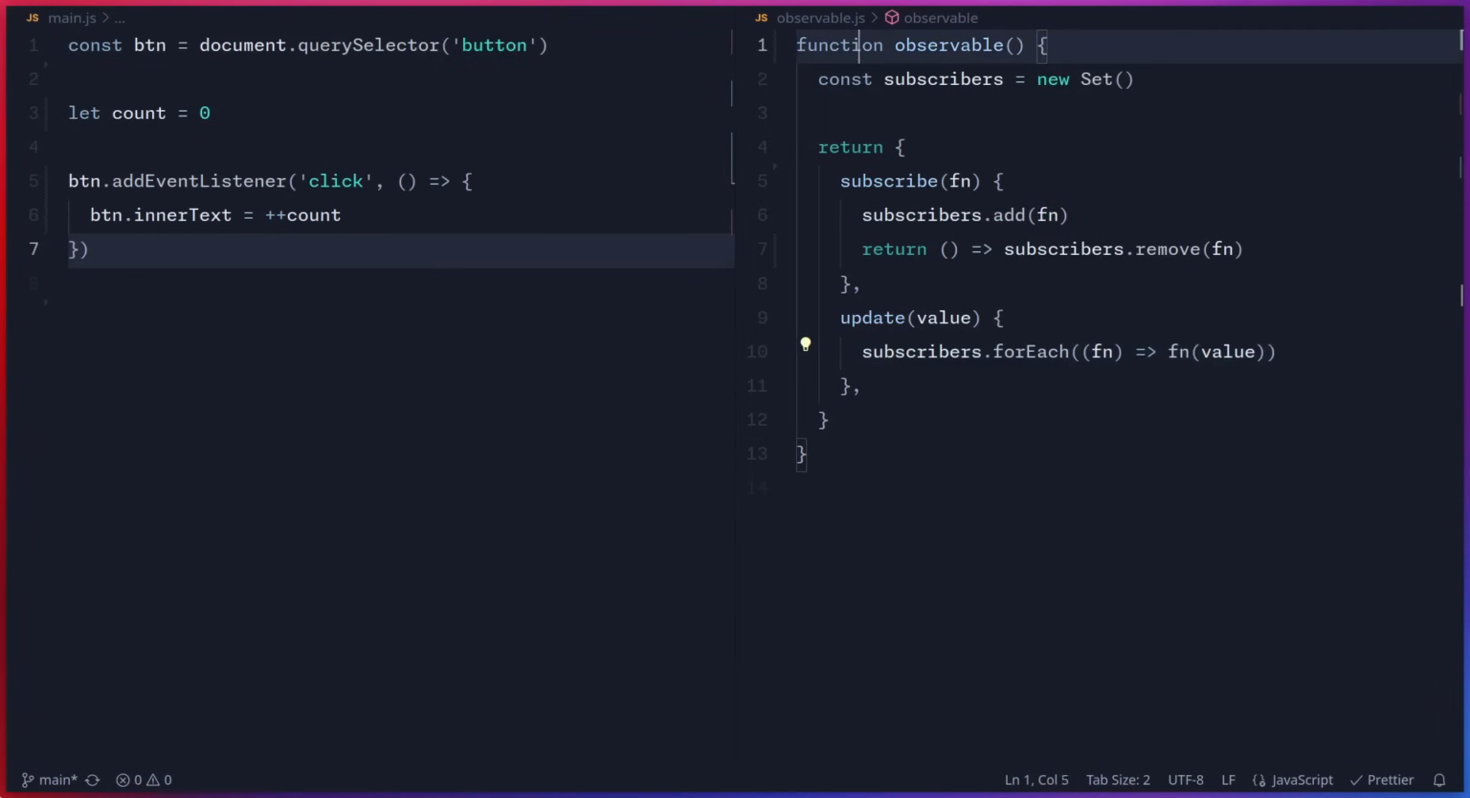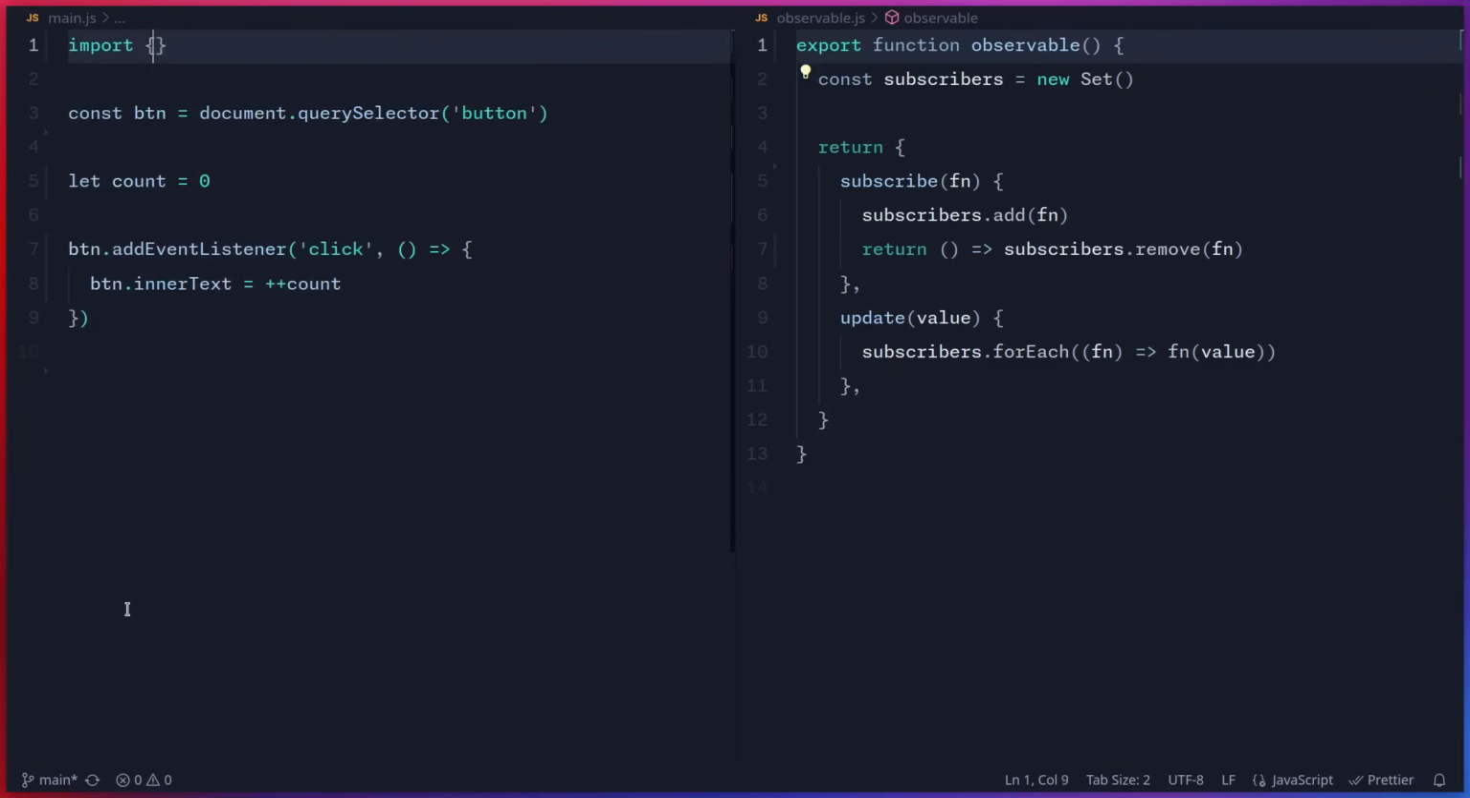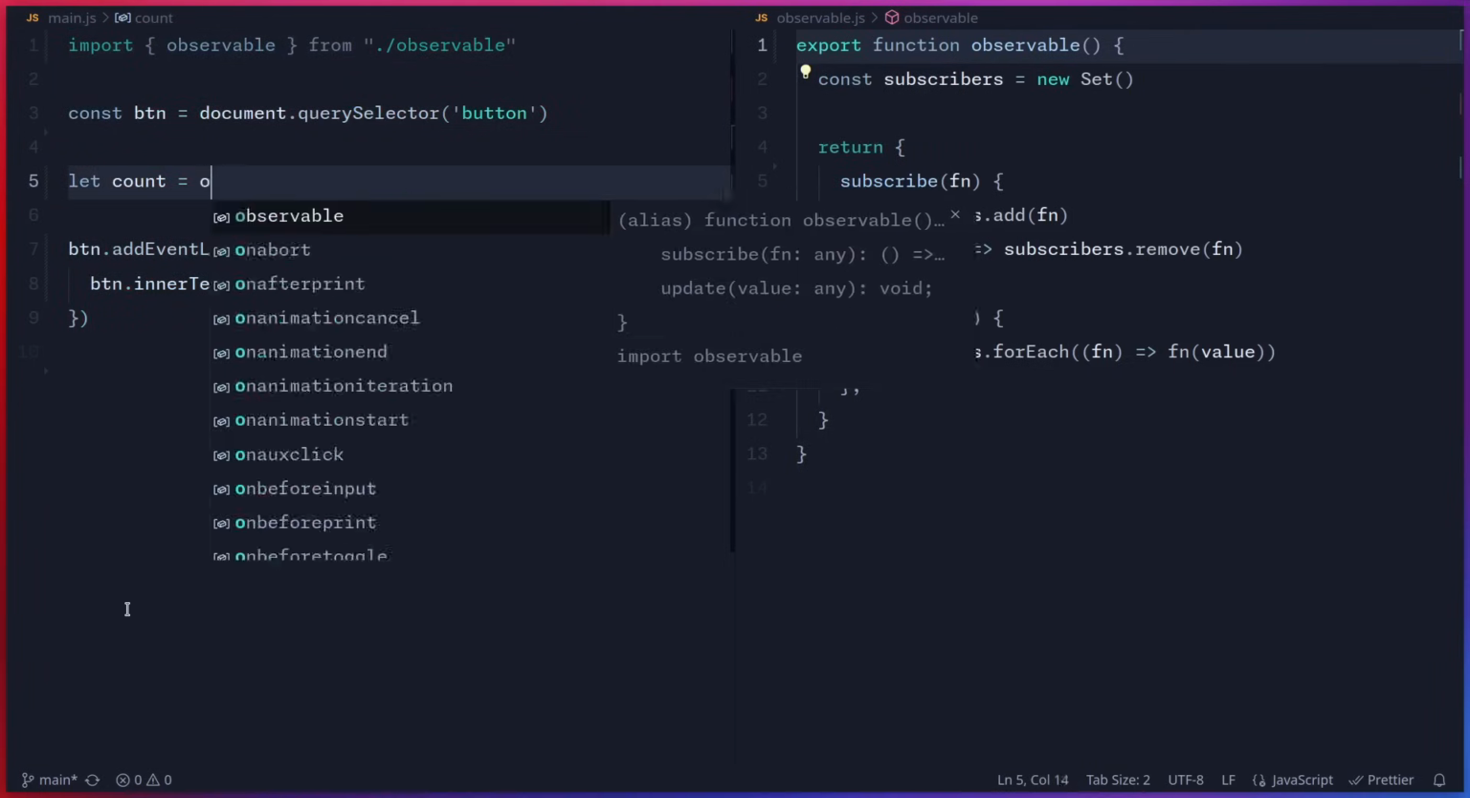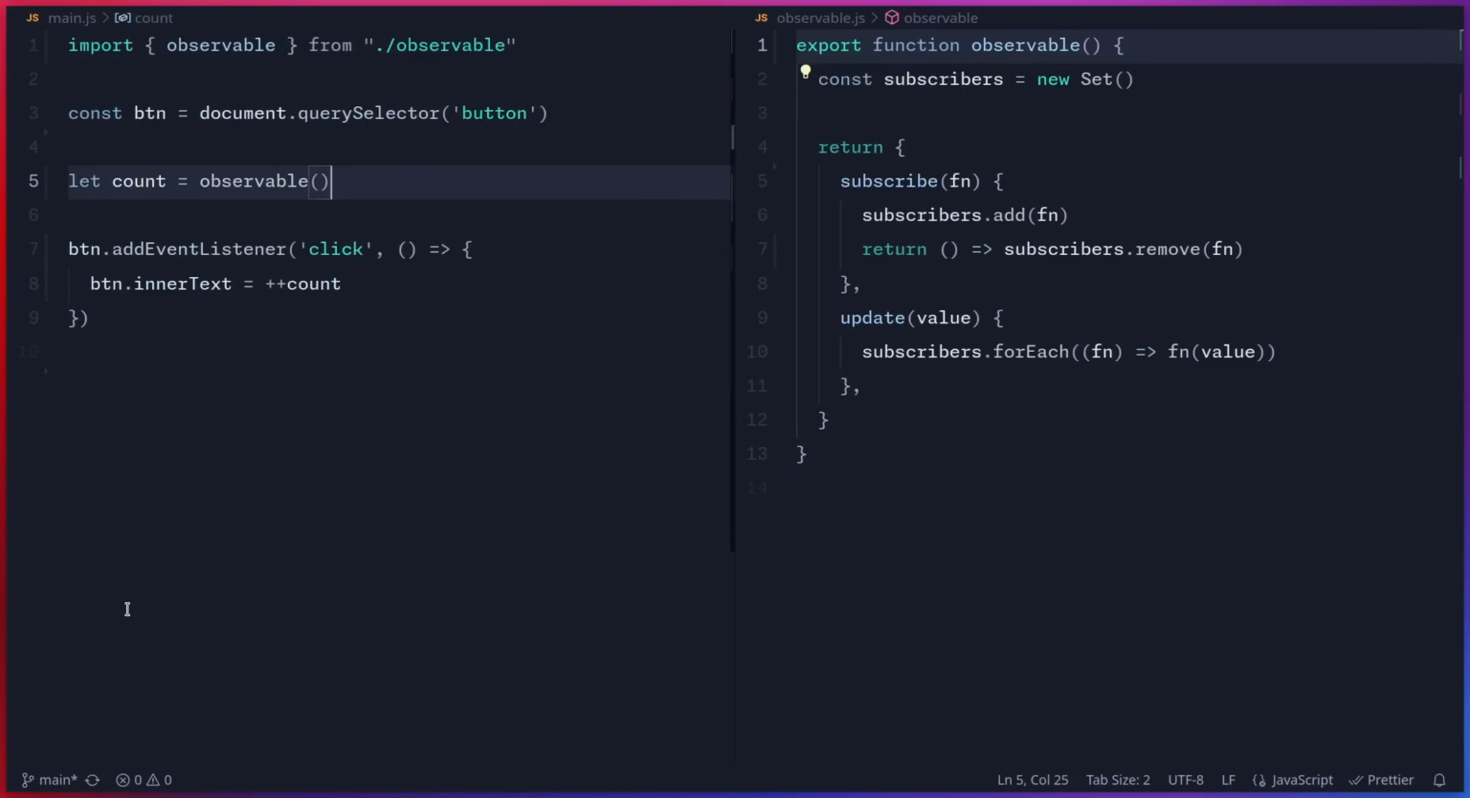We're going to execute the function, and we're going to pass the current value. All right, so let's export this observable. So I'm going to say export, and then we can import it here. So we're going to say import observable from observable. That's it. So now we can assign count to be observable, and now we can subscribe to this count